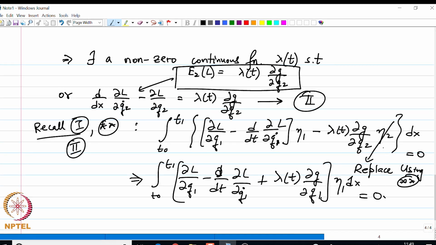So eta 2 is replaced by the relation between eta 2 and eta 1 to arrive at this particular integral constraint, and again using a version of lemma 2